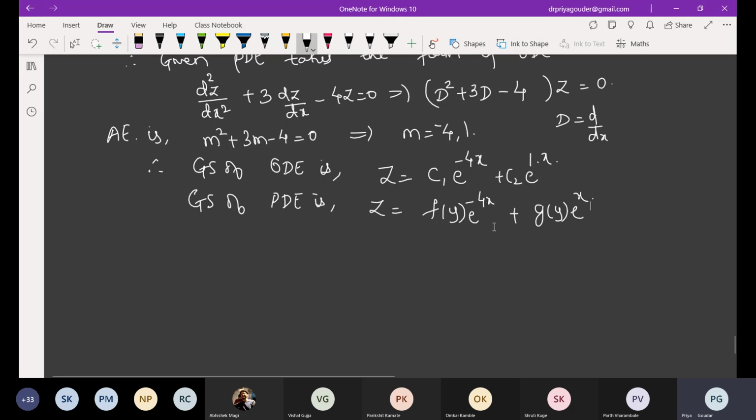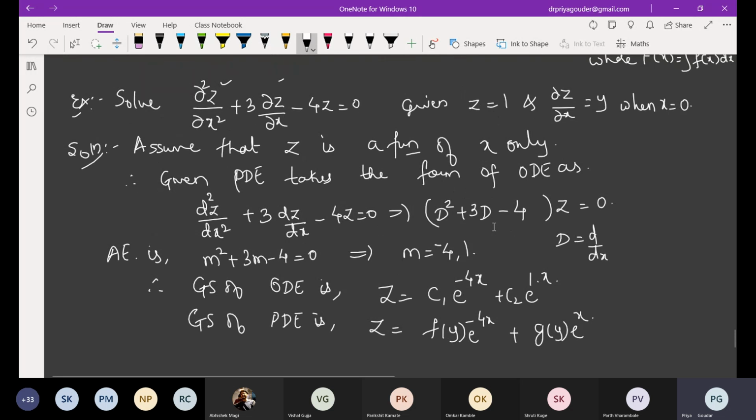Okay. See whether conditions are given. Yes. But which condition can we make use of? z equal to 1 when x is equal to 0. Both should be used, not only one. So x is equal to 0, that time z is 1, because here z is depending on x. Actually, when x changes, then only z changes, not the other part. So z value is 1.